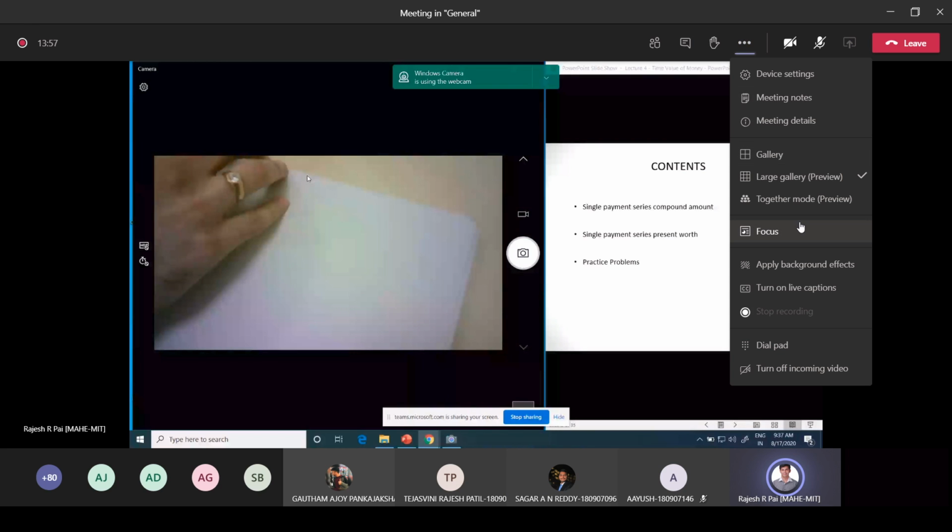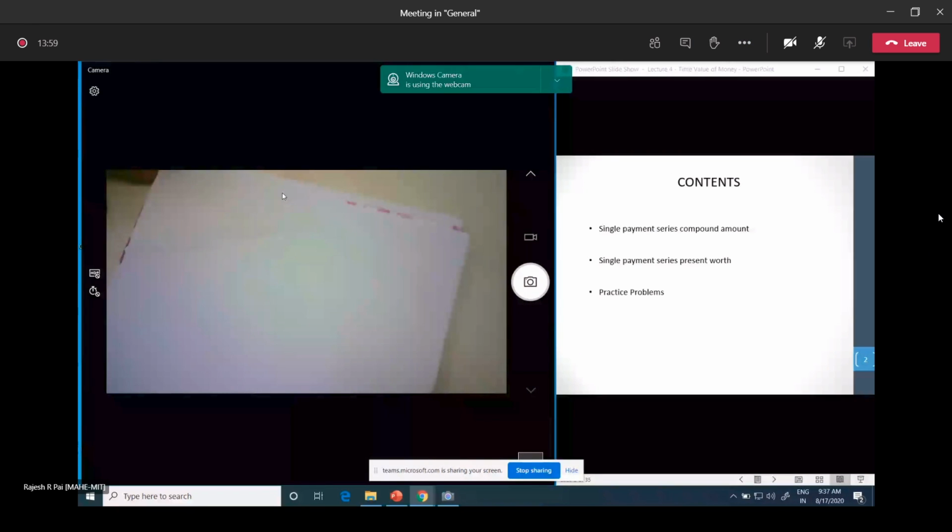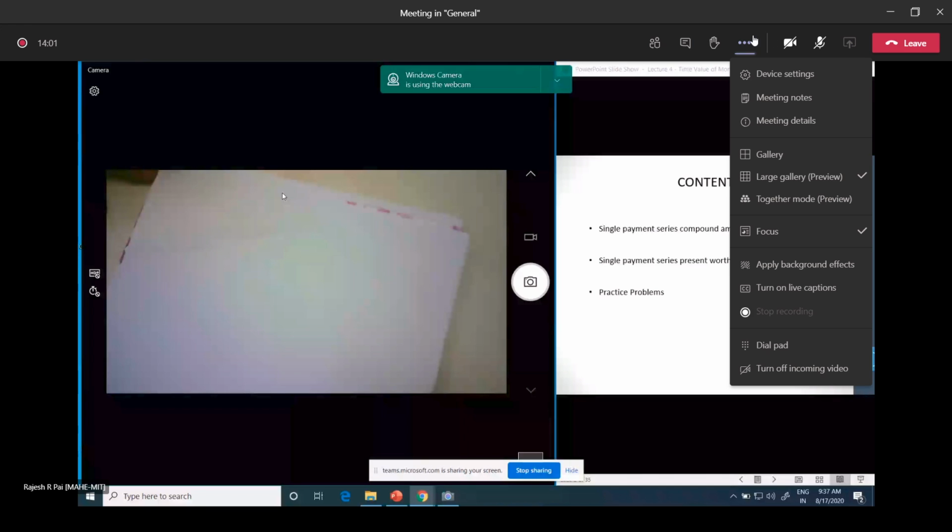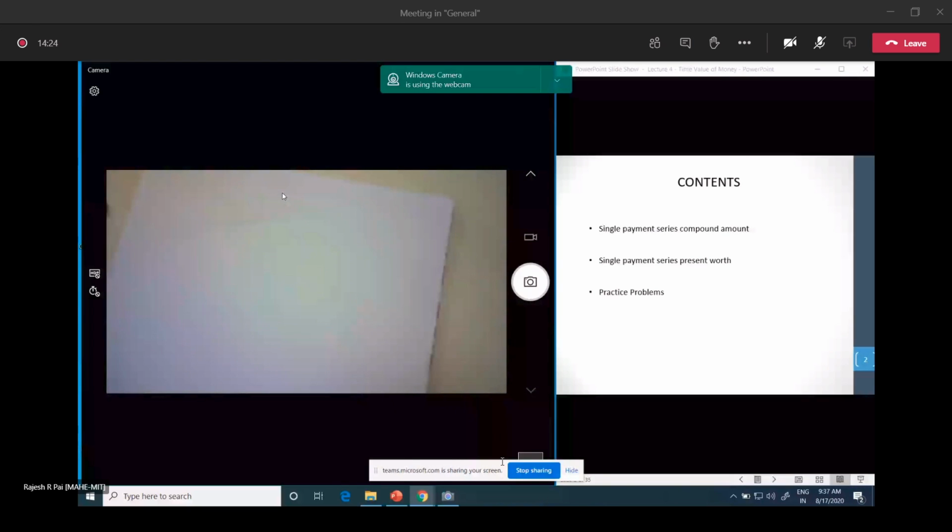So today we will be solving some numericals. As I have told you earlier, I have connected an external webcam which directly focuses on a document. I will be writing on a document while the video gets captured, so that you can see how to draw the cash flow diagram as well as how to solve a numerical. At the same time, you have the question on the other side also.